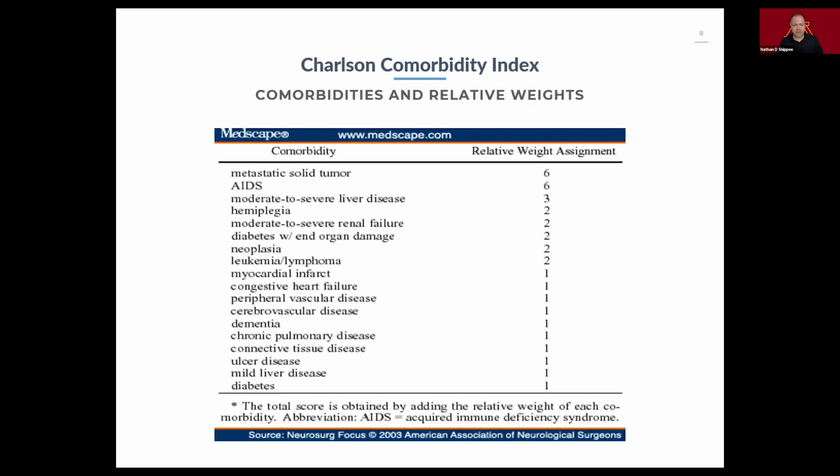And you can see the weights here in at least one example where metastatic solid tumor is a 6 and diabetes is a 1. Right? So how do we get to those? Again, we'll talk about that in a second because there are some really relevant pieces for that particular process of creating those weights. But keep in mind then that if a person were to have one or two of these, you would take the weights that are associated with them and add them together, and that would be their Charlson score.